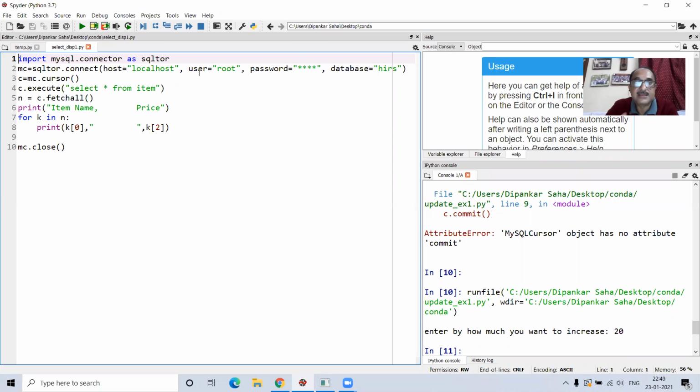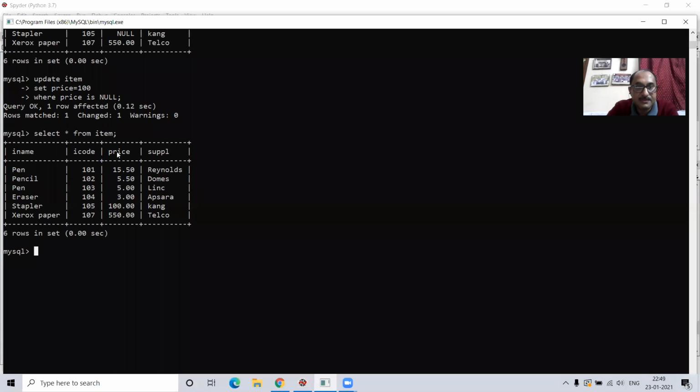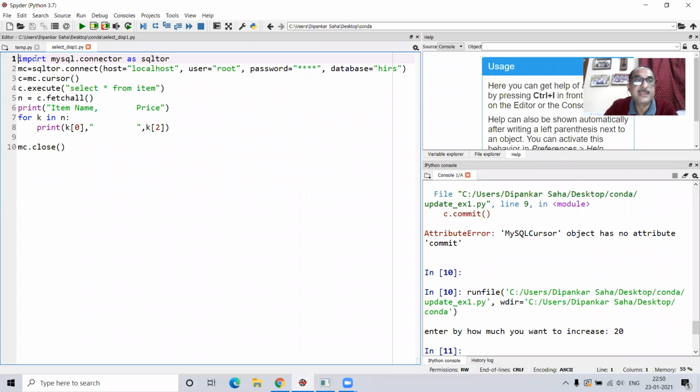For example, say I have one table called item. Let me show you how the table item looks like. Look at this. This is my item table. Here we can see there are 4 fields. But imagine in the question it is given that build up a Python application by which you will be able to display all the records, but you want to display only the item name and the price. Only the two things are to be displayed. It's a very simple thing, but still I thought it will be a good programming for you to practice. Look at this, what I have done.